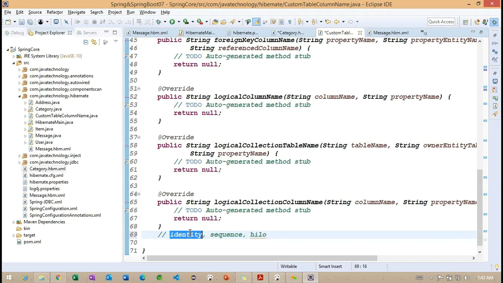So we'll try to work on this particular identity. So what exactly will this particular identity do? Basically, this identity generator is going to support different types of databases here, such as DB2, MySQL, MS SQL Server, and Oracle. So different types of databases are supported here. And it is going to provide the return type of this particular value. Getting the point. So what exactly this value will contain, the value is going to provide here.